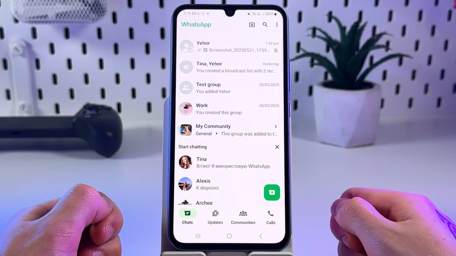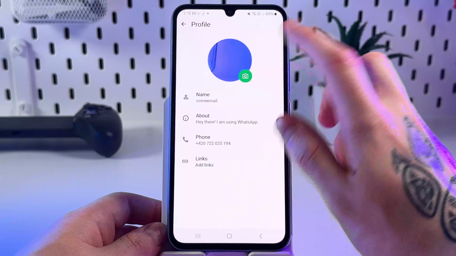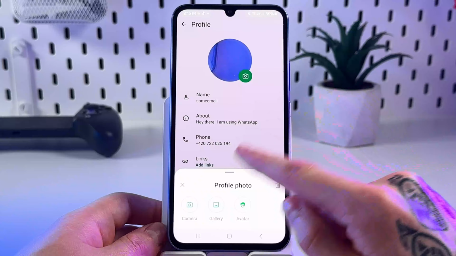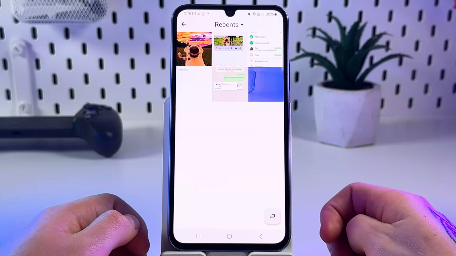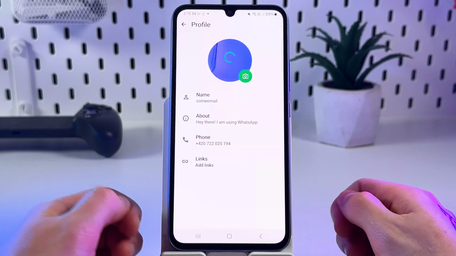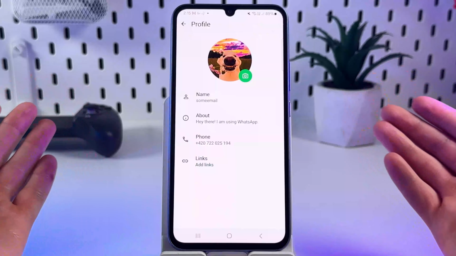So if you're using an iPhone, tap the gear icon in the bottom right corner, and if you're using Android, tap on the three-dot menu right there and click on the settings. Tap on your profile right here and click on the camera icon right there. And afterwards, choose the gallery feature right here and pretty much choose the photo you want to set as your profile picture. Tap done and also make sure it is displaying correctly in your profile,